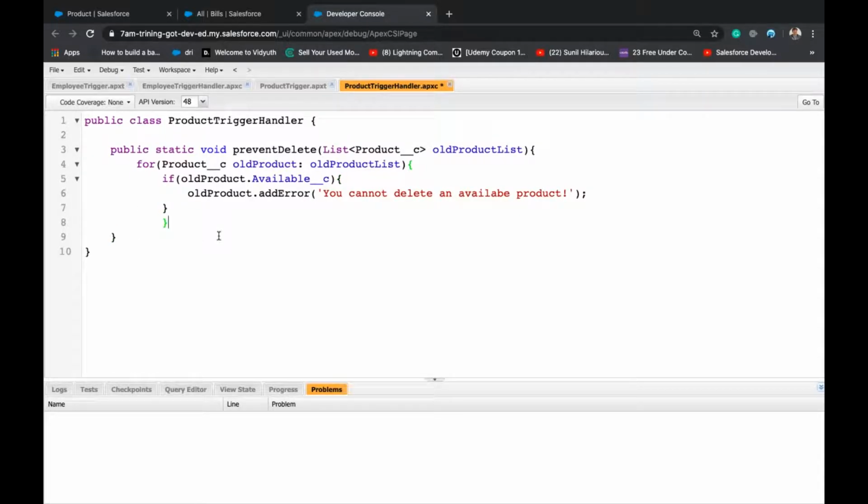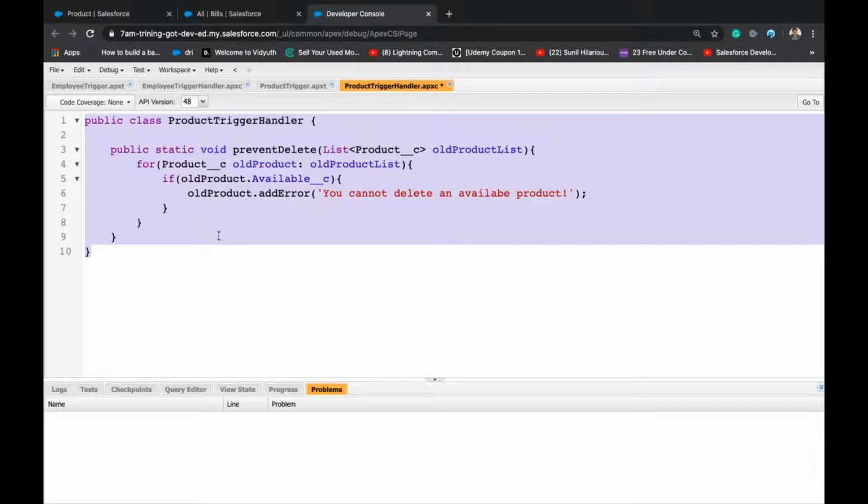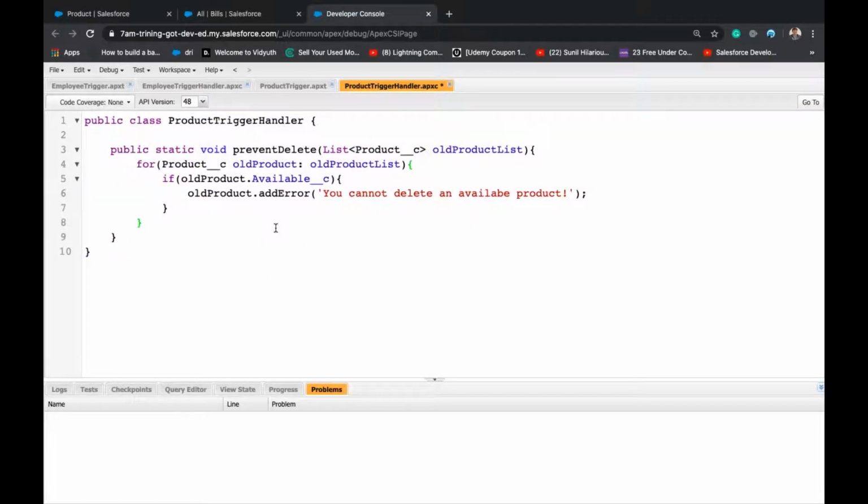And if you remember, Control A, Shift Tab will align. For Mac it's Command A. Okay, so Control A, Shift Tab will give you better indentation. So this is how we can prevent delete.